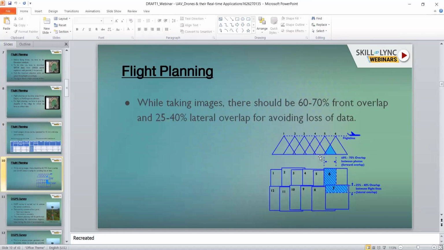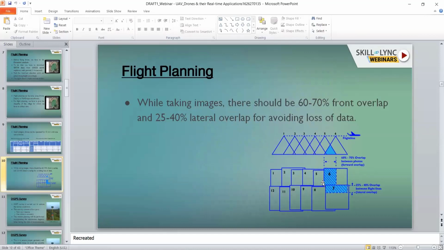While doing the flight planning, there should be some overlap. There are two overlaps: the front overlap, and the second one, the lateral or side overlap. We shouldn't miss any data while capturing, so overlap plays a major role in avoiding data loss.